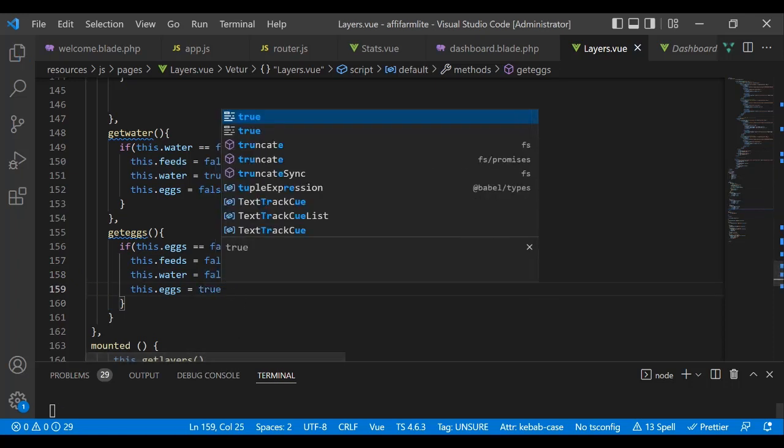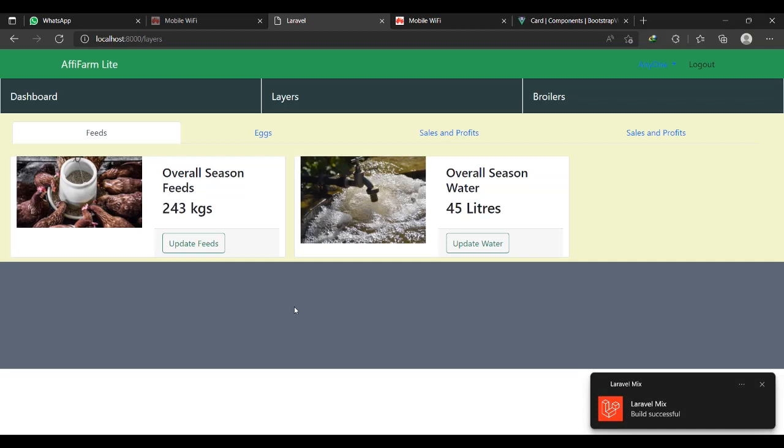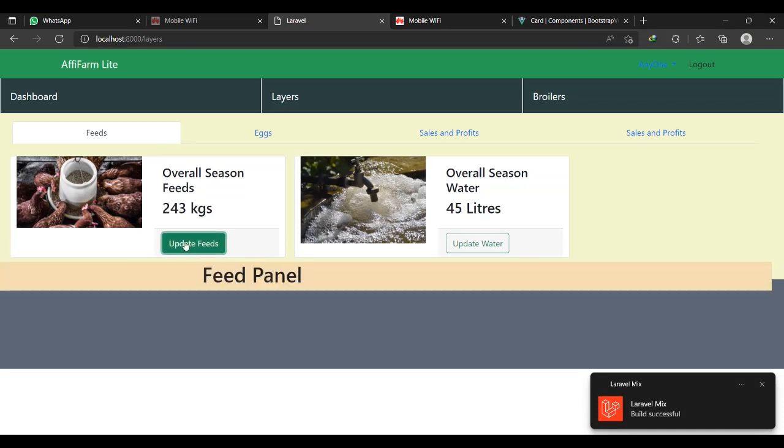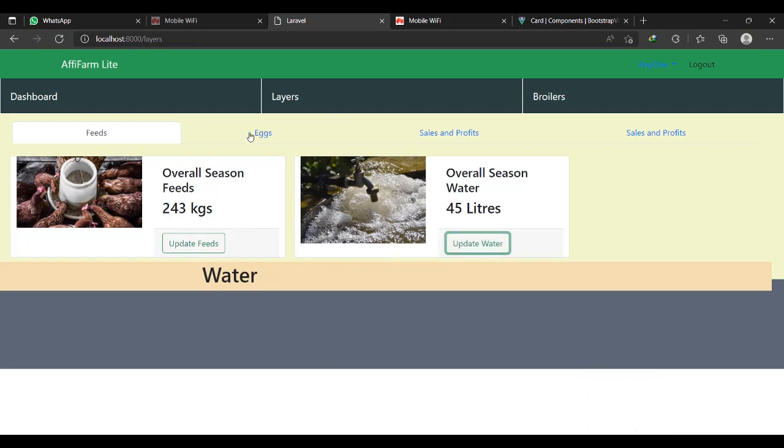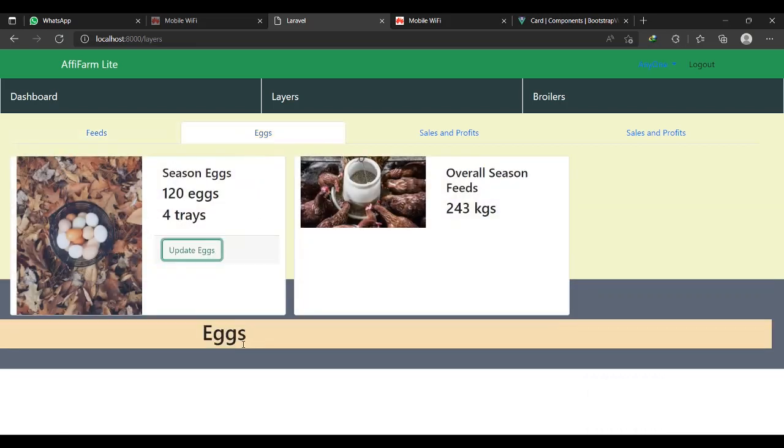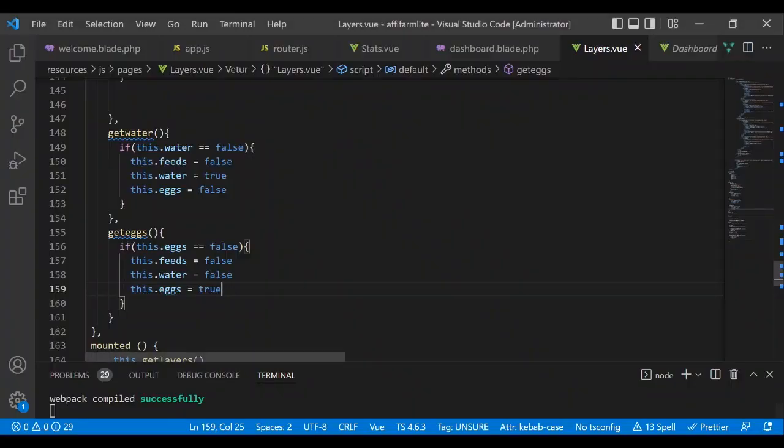All right, so I've saved, and let's see our magic. So if I click on feeds, it will show. If I click on water, water will show. If I go to eggs and click on eggs, the other will disappear. Okay, so if I need to hide it again, I can choose to do the inverse. Now it